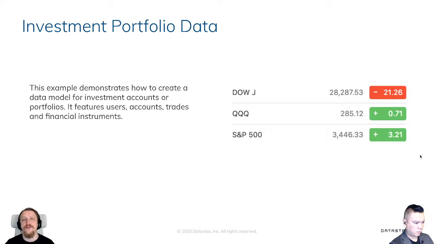It features users, accounts, trades, and different financial instruments. So that relates to trading or investment. And we have users. Users have accounts. Accounts feature trades done and which instruments were used for these trades.